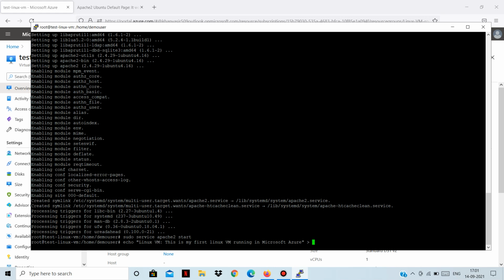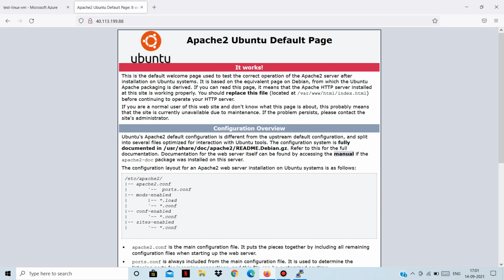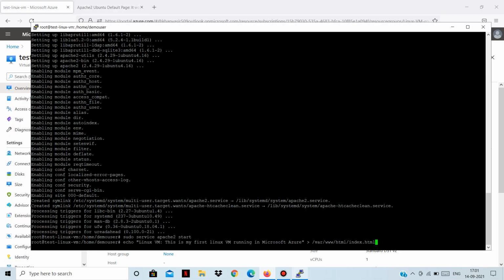The path for that is /var/www/html/index.html. So this index.html page will be replaced by this single line. Let's execute this.